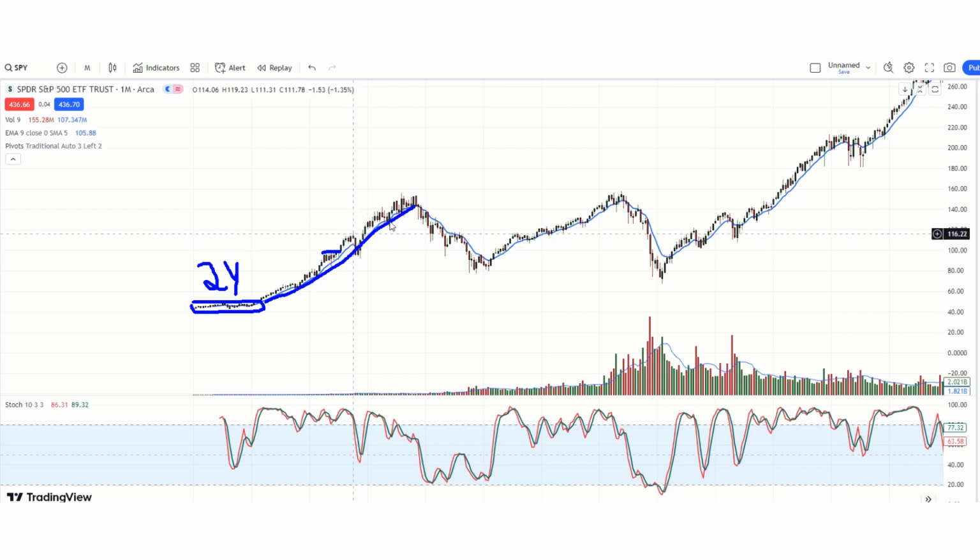Then we came back up, and now right in this area, I'll just draw a little box, we broke out again. We had another breakout, so we had another bull market right here. That breakout was in December of 1998, and that held all the way up until right before we had the crash. That was March of 2000, and then we started to break up a little bit, and then we came and we retested.